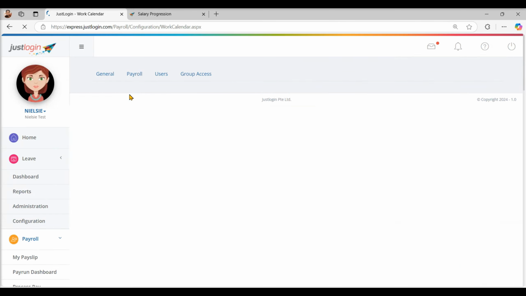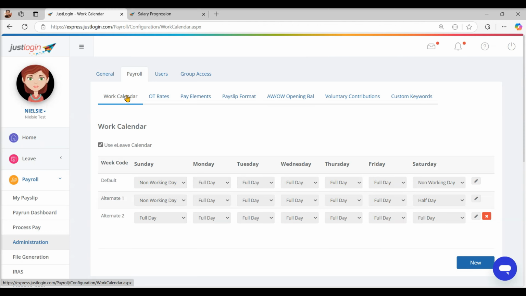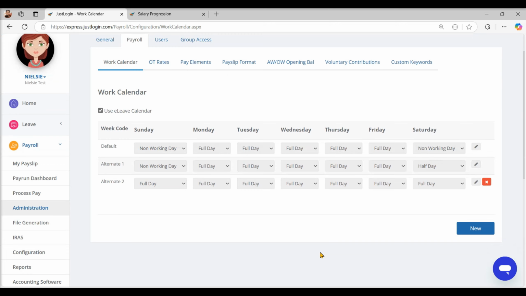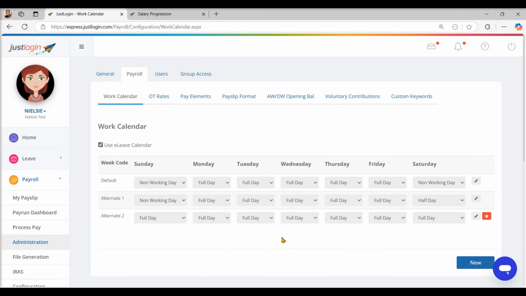The first sub-tab is the Work Calendar, where you can assign the staff's work week and designate non-working days. This can be linked to the Leave module if you're using it, or you can uncheck the Use eLeave Calendar option to create a custom work week specifically for payroll. The main purpose of setting up the work calendar is to ensure accurate salary proration, especially for new joiners and